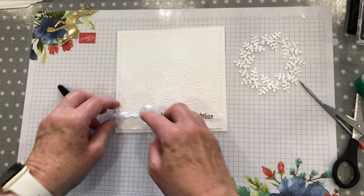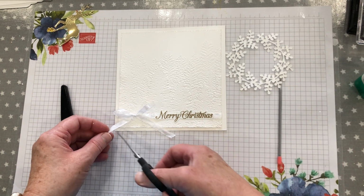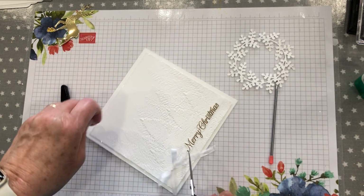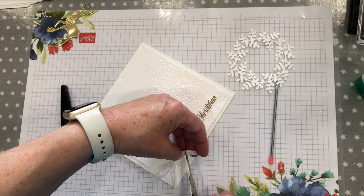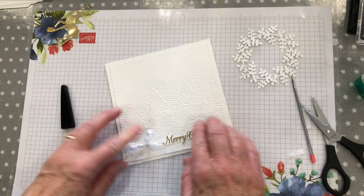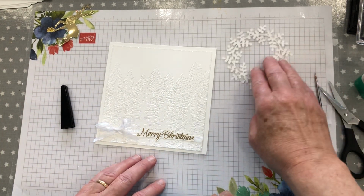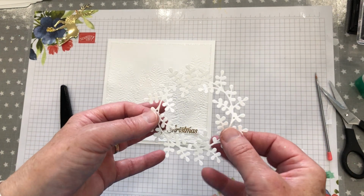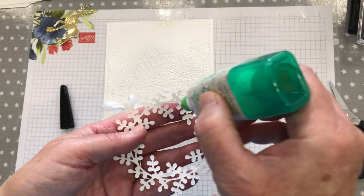That should stick. There you go. So we just trim that off. I do love white on white. Absolutely, with a tiny splash of gold and red. Very, very pretty. So now all I've got to do is put some glue onto the back of this